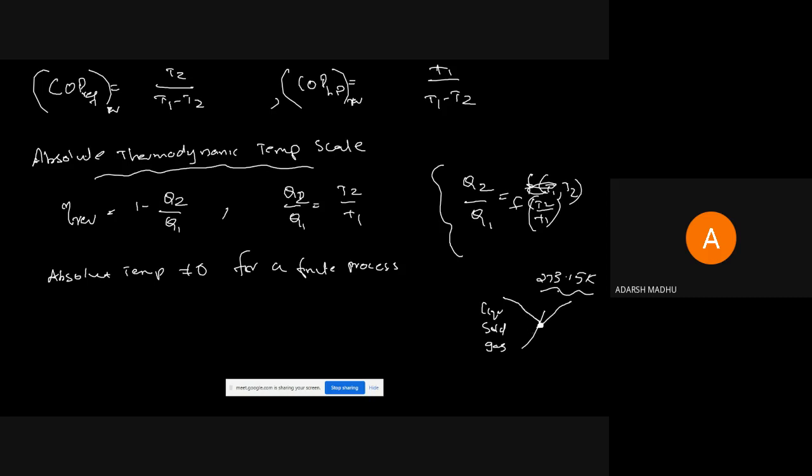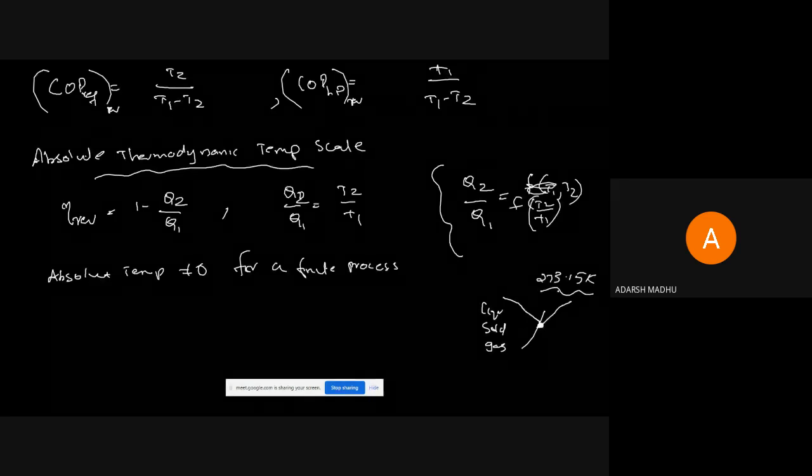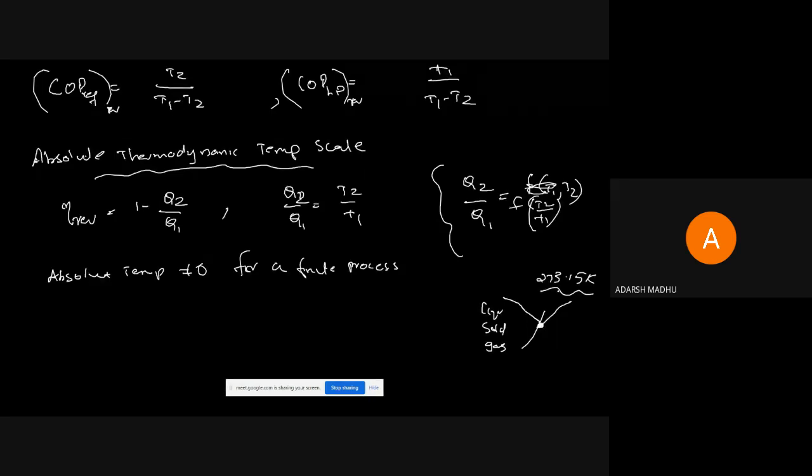So the point where the three phases, liquid phase, solid phase, and gas phase, are in thermal equilibrium together at a particular state is known as the triple point, and the value for the triple point of water is 273.15 Kelvin, or 273 Kelvin. So the particular value of the triple point of water is taken by Kelvin to define the Kelvin scale of temperature.